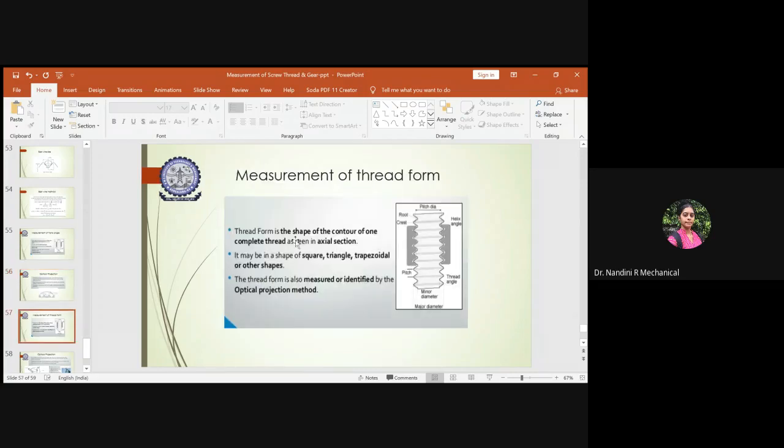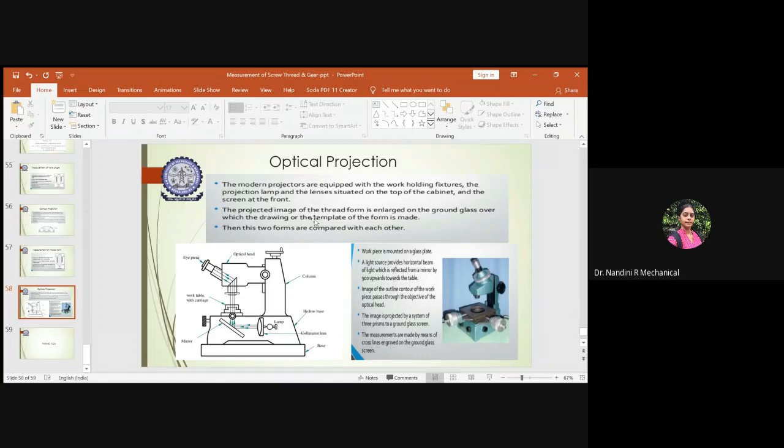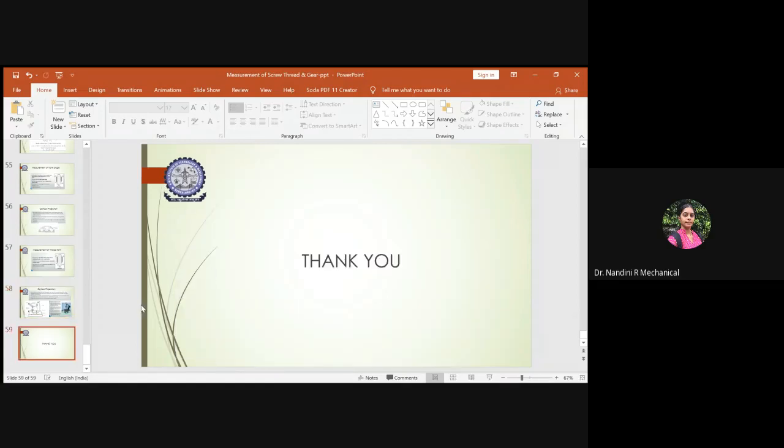So then this is the part of our screw thread, and later we dealt with our